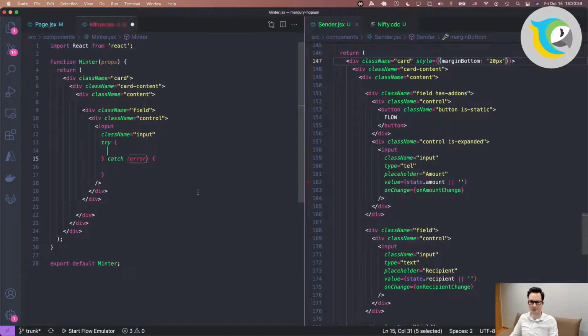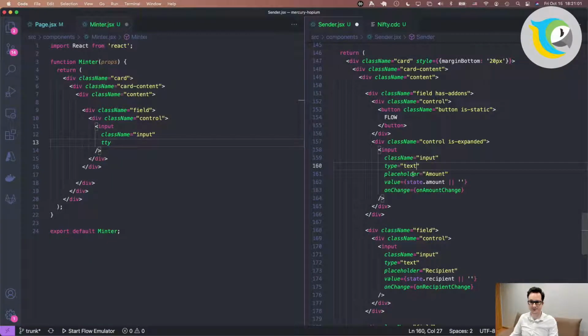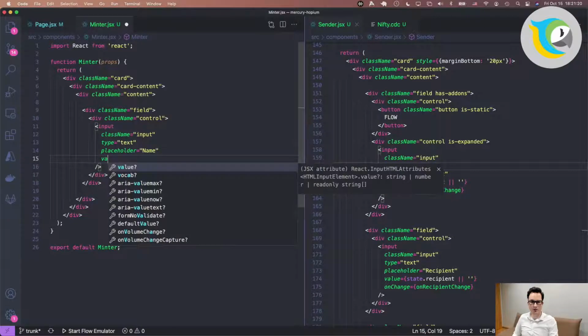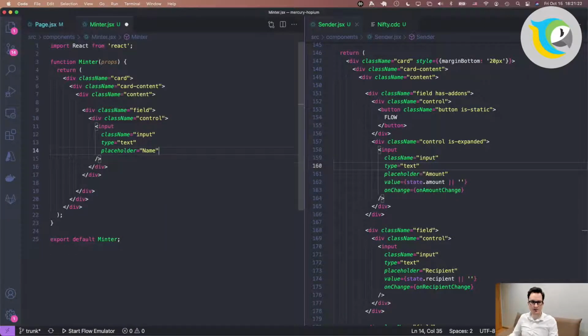Then the second one is the type. The type is going to be text. Then a placeholder, NFT name, or just let's use name. It's going to be simpler. And then we're going to skip on the value. We'll hook this up a little later.